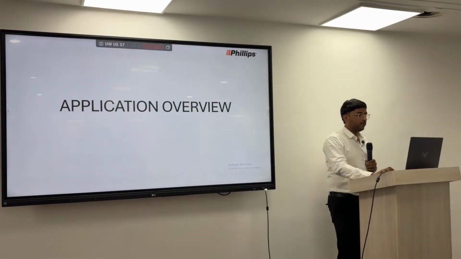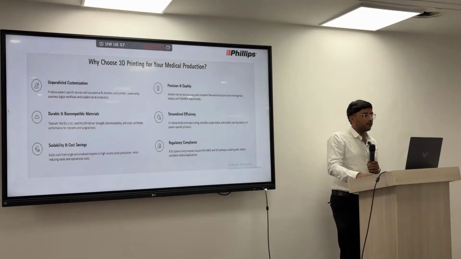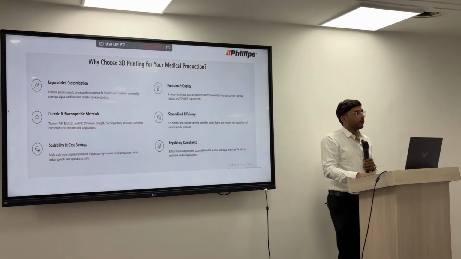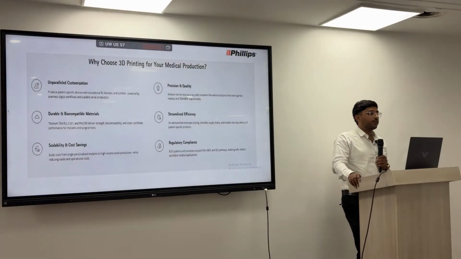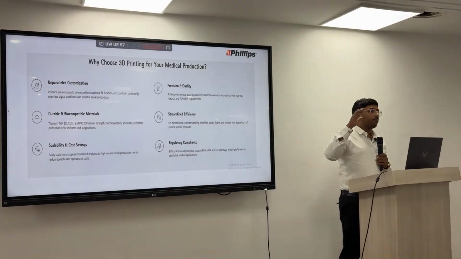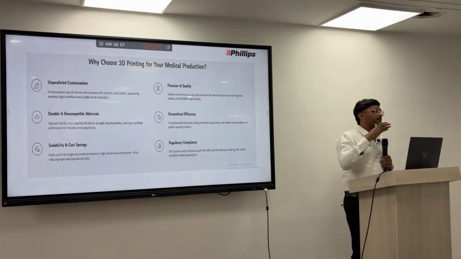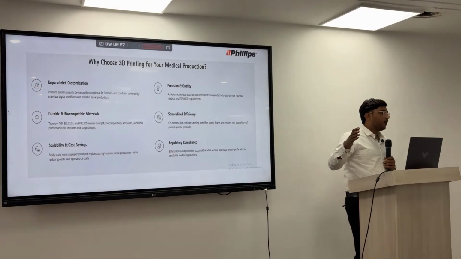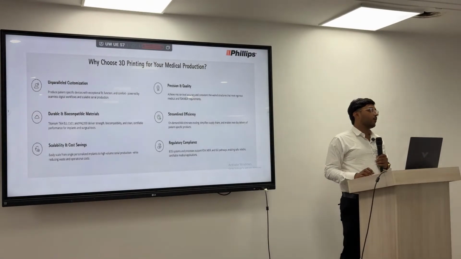Now the application overview. So why do we choose 3D printing in the biomedical industry? Basically, we have durable biomedical printing material. Now the scalability and cost saving. Every body has different organs, so we can't go for mass production because every patient has a different structure. That's why we are going for 3D printing,